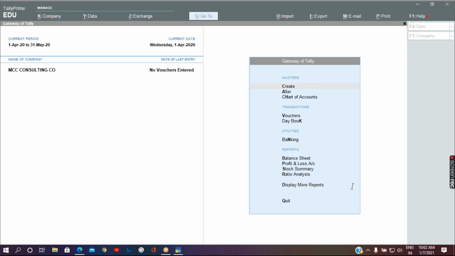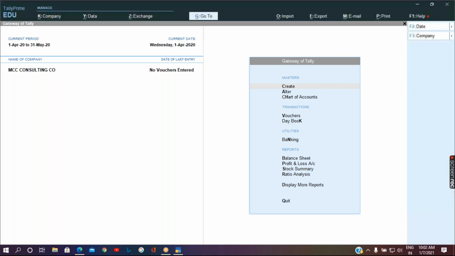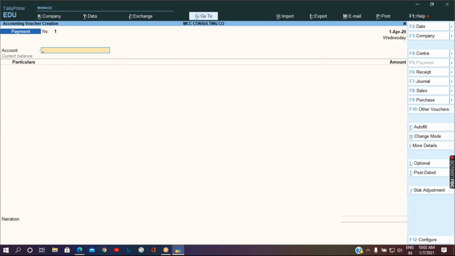Okay, so let me give the answer. The first answer will be receipt, because we are receiving the money into the business. So we are going to pass the receipt entry. So let's go to Gateway of Tally, Vouchers.